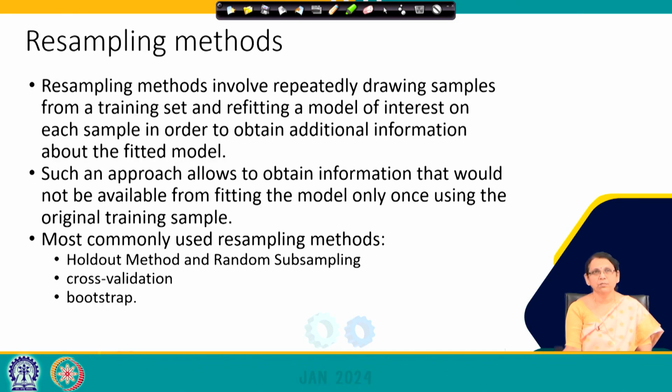Now, before we talk about the resampling methods, let us try to understand where exactly we are going to use these resampling methods. Think of the evaluation strategies. We have three types of strategies for evaluation. First, the offline, then we can have user studies and online. In case of offline,